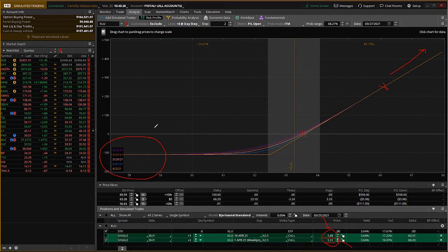This circle over here is just showing the profit loss. That is excluding your starting cost. So, that's what you would make. Plus, you would get back whatever you paid for it. So keep that in mind as well. Kind of a couple of cool things to look at, isn't it? So long story short,